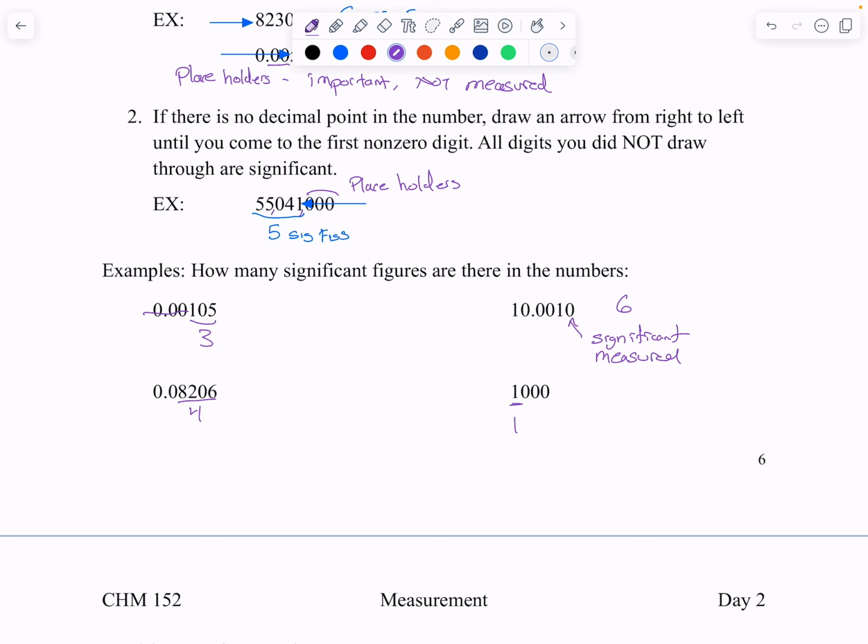However, you use scientific notation to avoid that ambiguity. So like 1.0 times 10 to the second. So when we talk about scientific notation, this number as written would be 1. So we wouldn't even put the decimal point down. It should be 1 times 10 to the third. If I had 1.0 times 10 to the third, that's 2 sig figs. 1.00 times 10 to the third, that's 3 sig figs, because everything written in scientific notation is significant. All right, so that's how you tell how many are there.